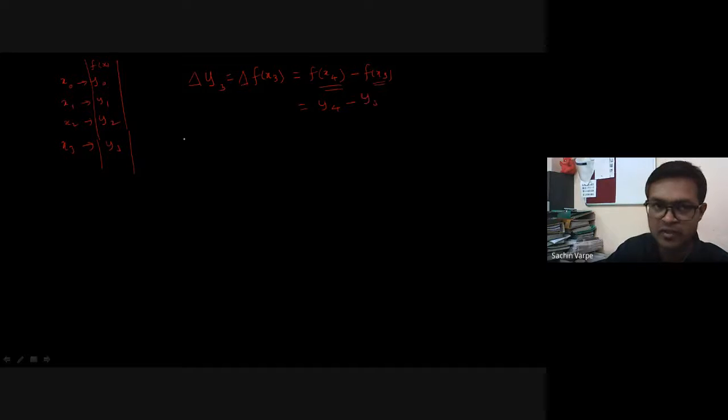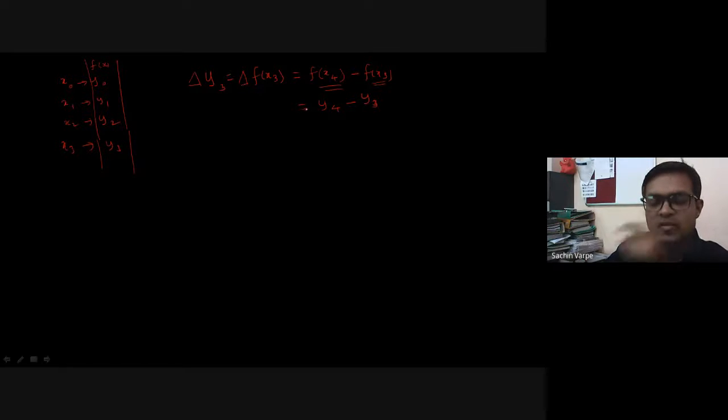Now, if I want to find, this will be asked in an online examination, the value of, suppose, y3. If they ask, then what is delta of y3? Delta of y3 is nothing but delta of f of x3, right? And what is delta of f of x3? It is f of x4 minus f of x3. So what is f of x4? F of x4 means y4. And what is f of x3? That is y3. So we just have to subtract them.